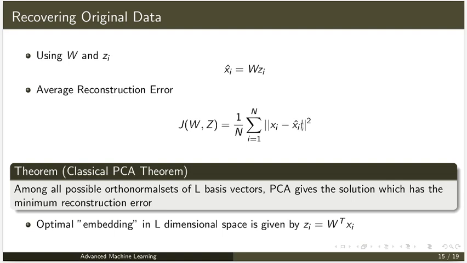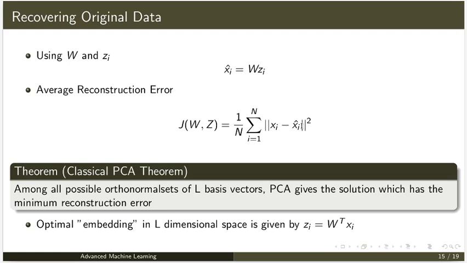There is a result called the classical PCA theorem which says that PCA is going to give you the best, or least, reconstruction error among all the possible embedding methods. Because think about it, you can compute W in many ways.